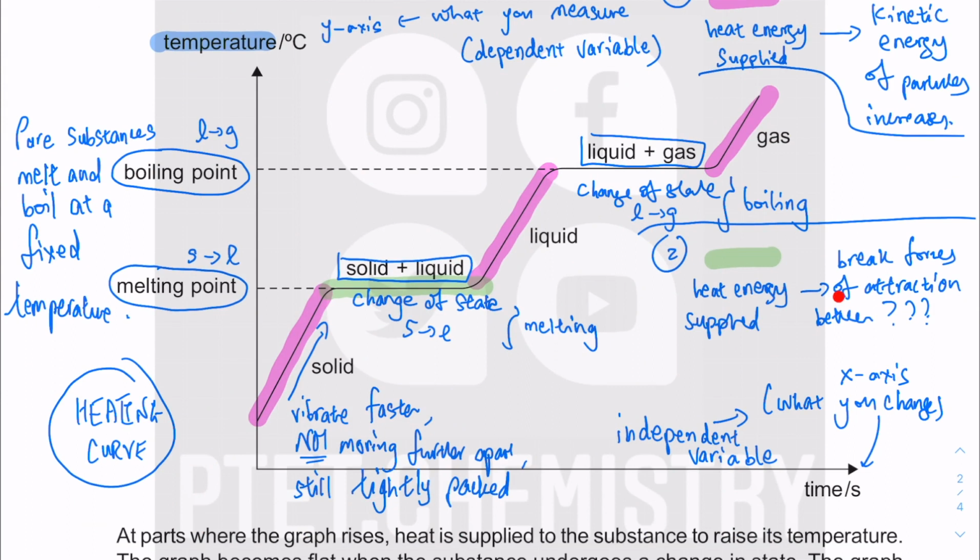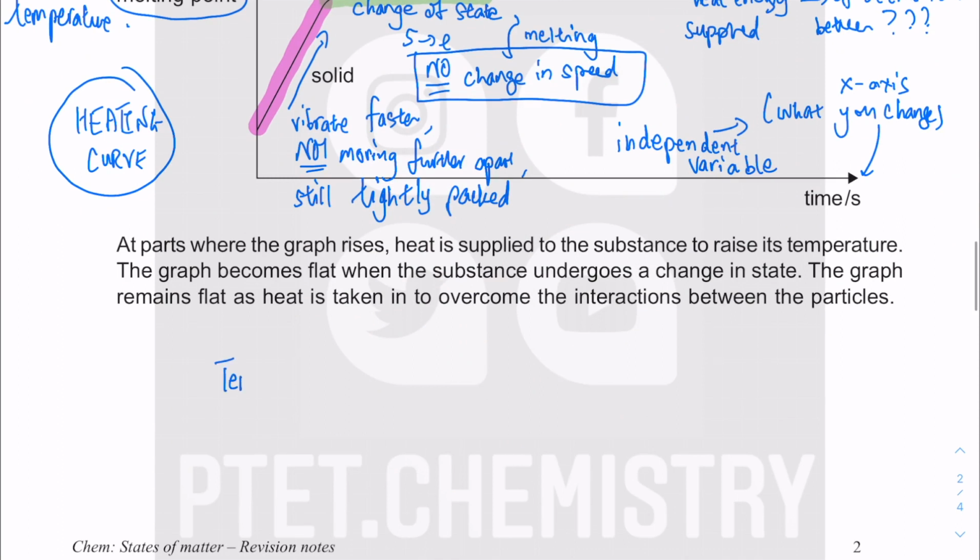energy supplied goes to. Do you move faster during change of state? So no, there is no change in speed here because there is no change in temperature. Temperature is a measure of kinetic energy. I'm not sure how you were taught back in lower secondary, but you will have learned in physics at this upper secondary level. Temperature is a measure